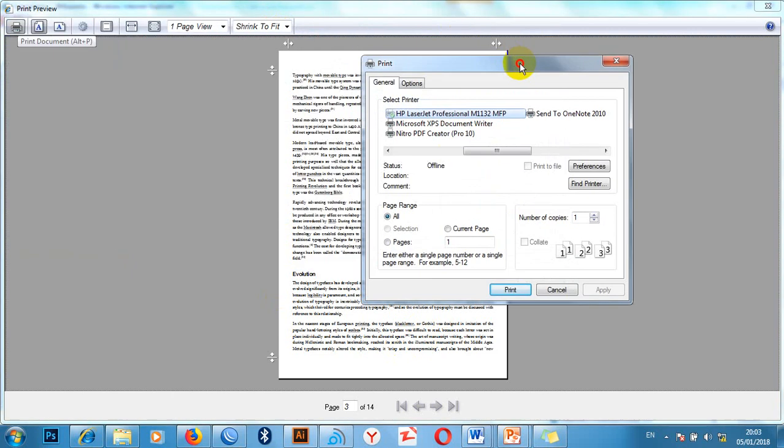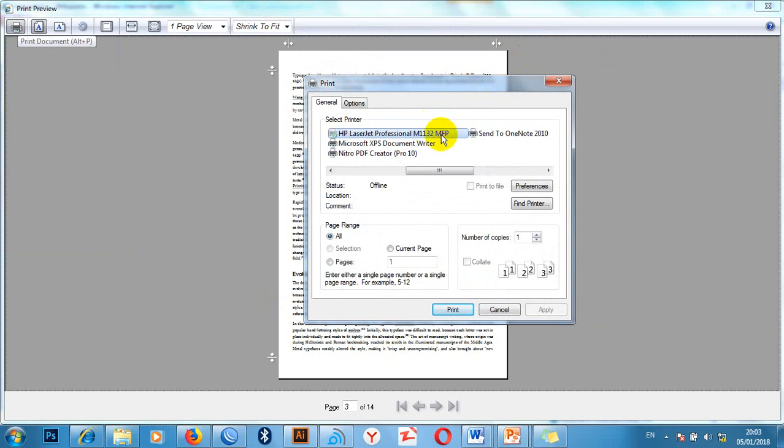It will give you some printing options. What's the printer you want to use? Do you want to print all the pages from 1 to 14 or specific pages? You will click here on pages and write, for example, only page 1. How many copies do you need? Do you want only one copy or more than one copy? After you finish, you will click print, and